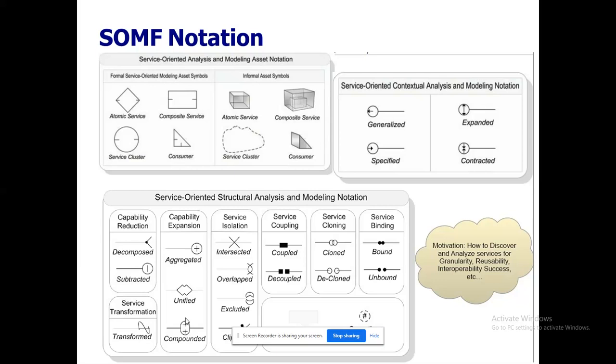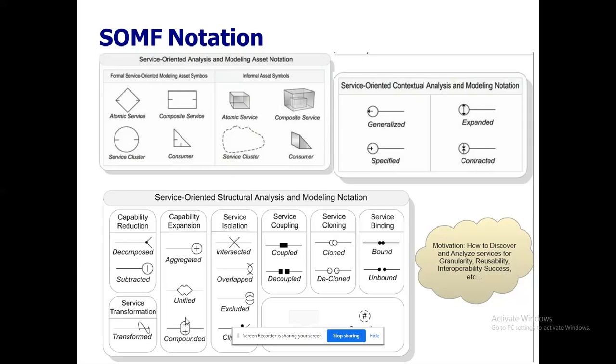And atomic service. Atomic service means the service provider who is providing only one service. Composite service consists of 2 categories. Category 1, the service provider that is providing more than one service. Example, Gmail, Google, the service provider who is providing various services, or heterogeneous types of services. Example, AWS.